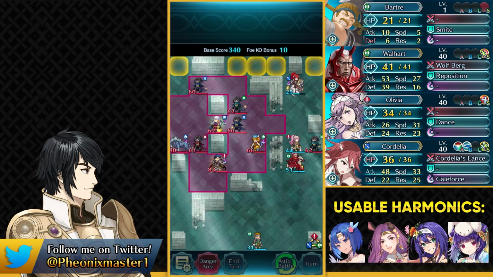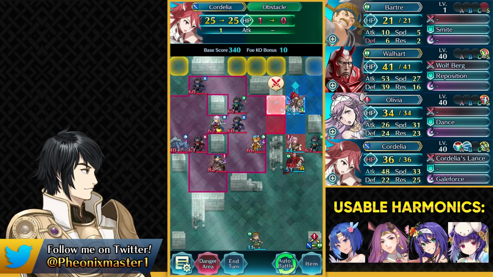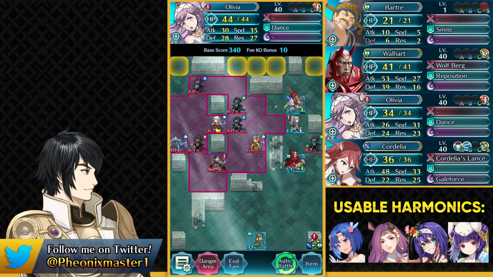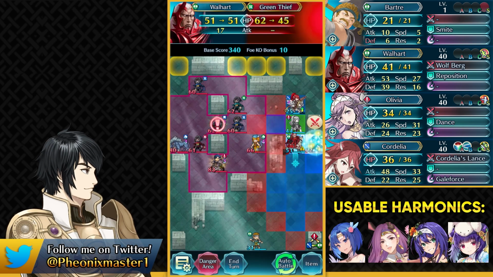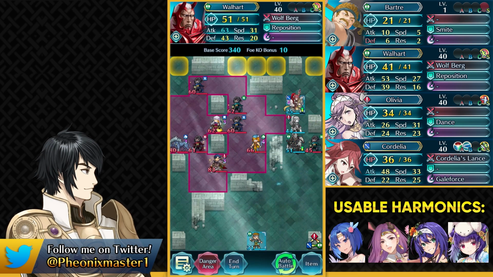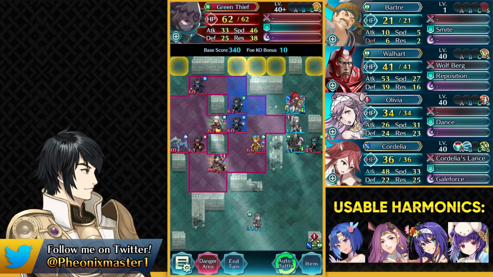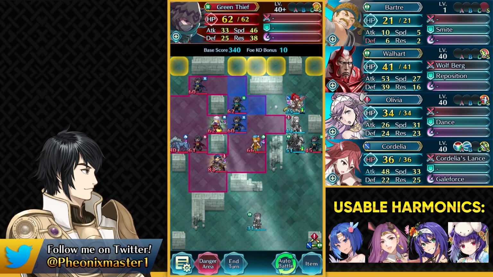So now we can break the obstacle over here and then dance up Cordelia. Okay. And we can start by attacking this Green Thief so that you can eventually take him out. And you want to move your placeholder Harmonic so that you can have your Blade Session at full charge. So the aim of this turn is to leave this Green Thief alive so that you can trigger your Gale